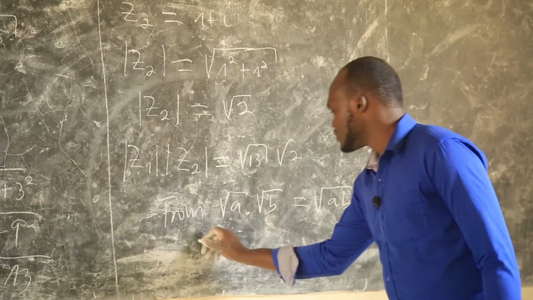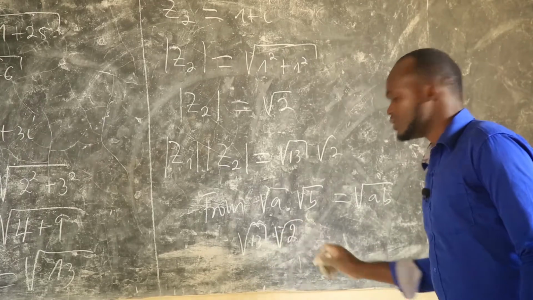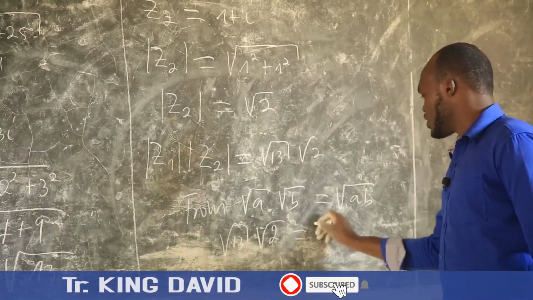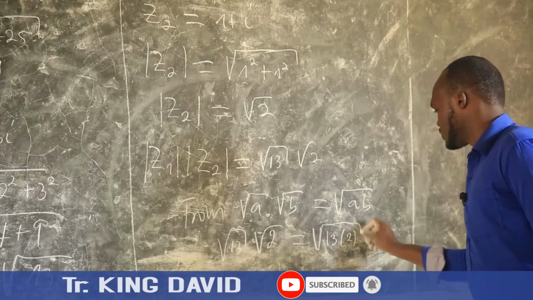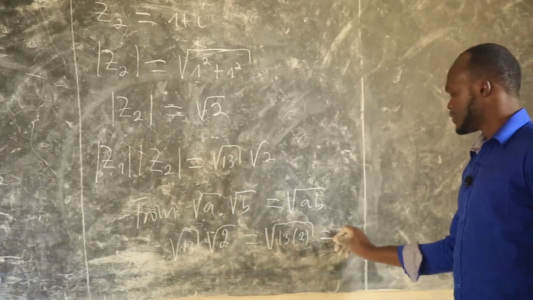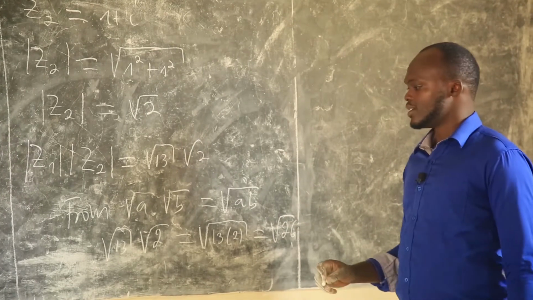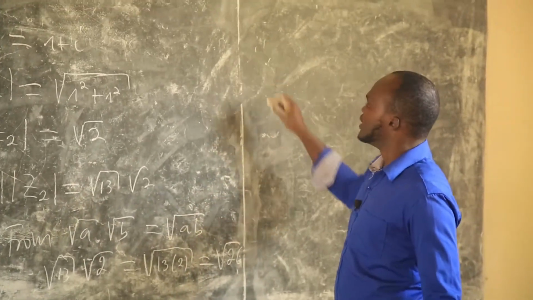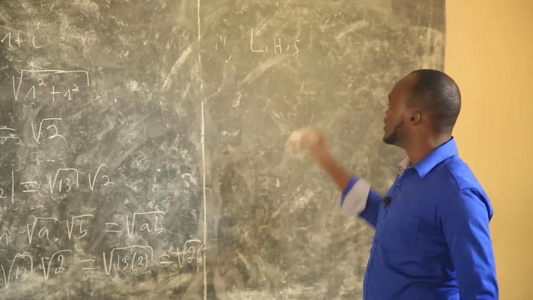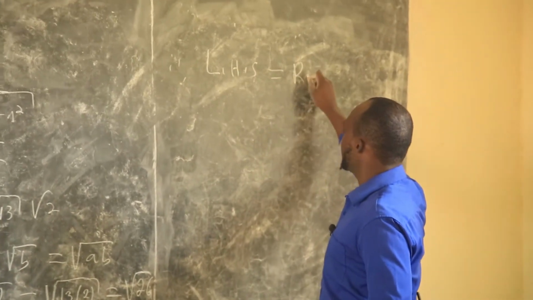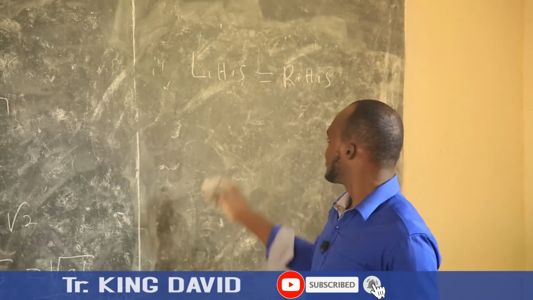So root 13 times root 2 is root of 13 times 2, which is root 26. So therefore, left-hand side equals right-hand side. Therefore, proved